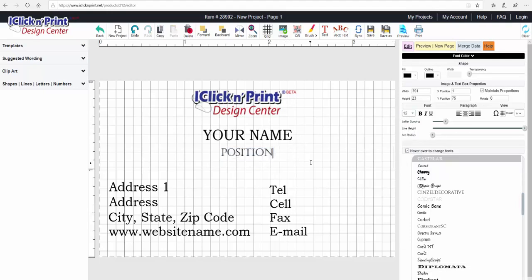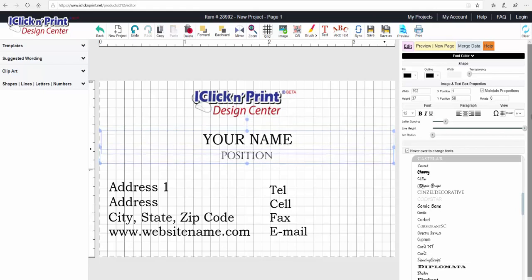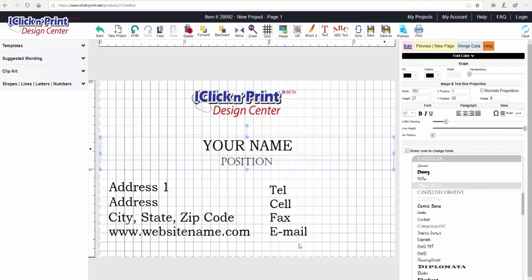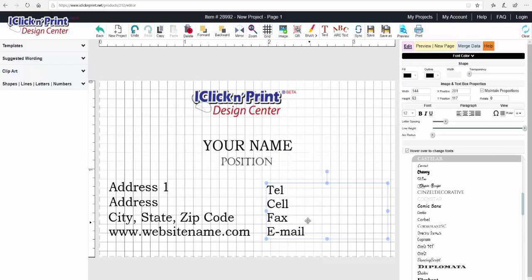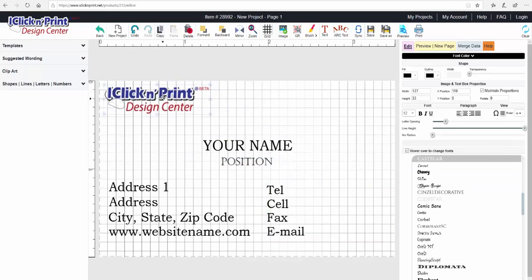If you would like to move this text box, now you have to click out twice and then pick it up from where it is. Let's say you want to move it down a bit. You can use the arrows on your keyboard. If you would like to move these two together, you just highlight both and then move them with the keys on your keyboard. The same here, you want to move this to the left or to the right. So say I want to have this here,